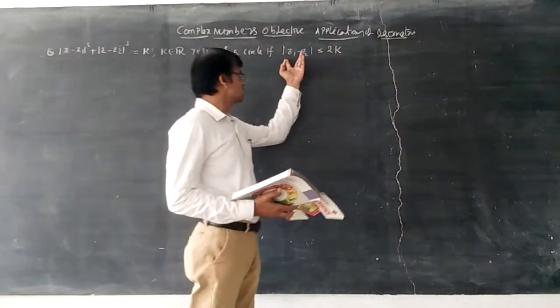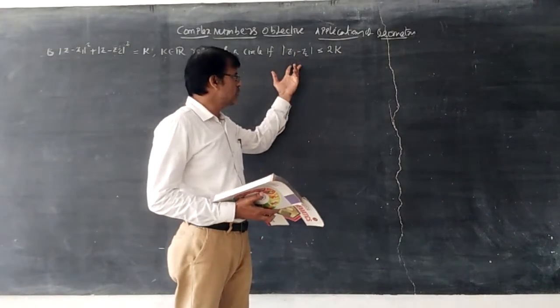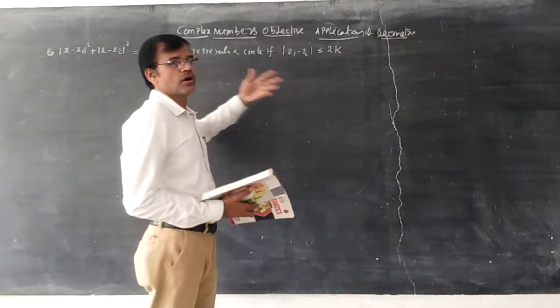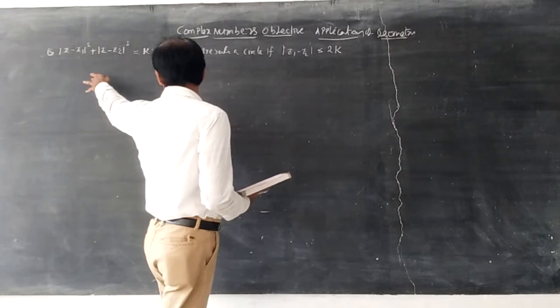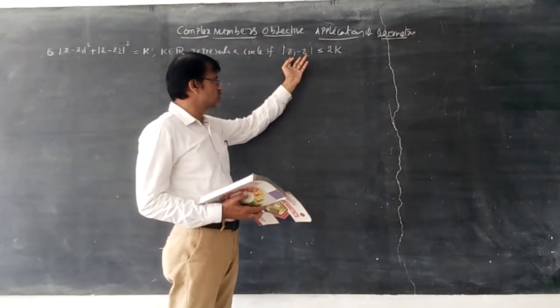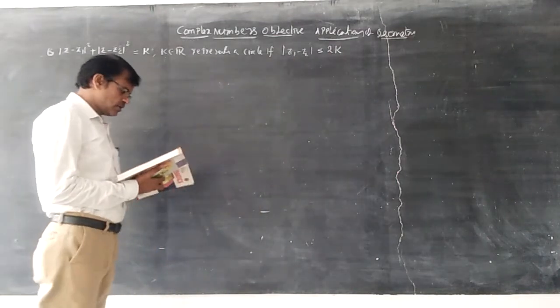We said the distance between the 2 points AB is lesser than 2k. What is k? You might have been given k is equal to 2 or 3 or anything, depending upon z1 and z2. So if the distance between the 2 points is lesser than 2k, then it represents a circle. Otherwise,